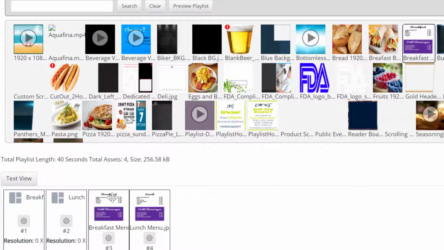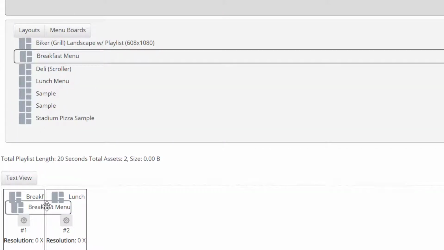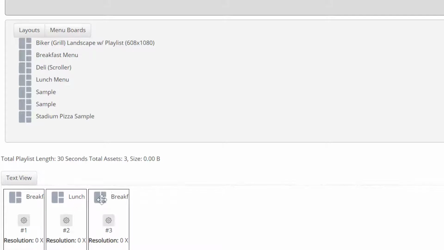set up your schedule. So it's important when scheduling content in the playlist to add that content in the order that you want it. So breakfast would be first in the timeline, lunch would be second, dinner would be next, and so on and so forth. So if you do have a couple of different days that are different breakfast-wise, let's say we have a breakfast menu that's scheduled a little bit different for week 1, and then it's scheduled a little bit different for week 2. You'd want to have both breakfast menu layouts or the layouts at the beginning of the playlist. So kind of the order of the week, order of the month, all in the order that you would have